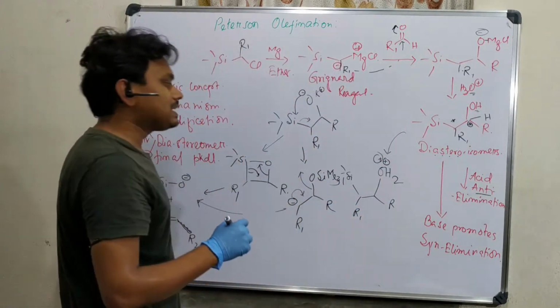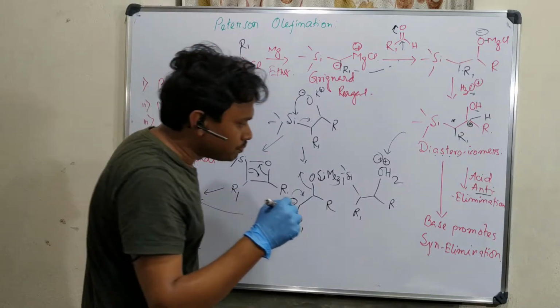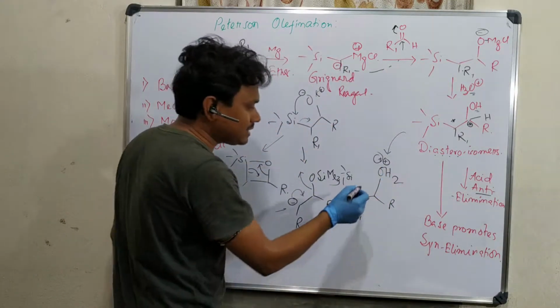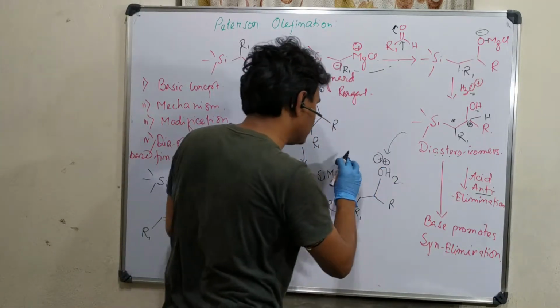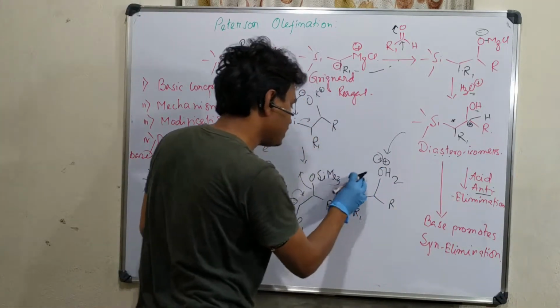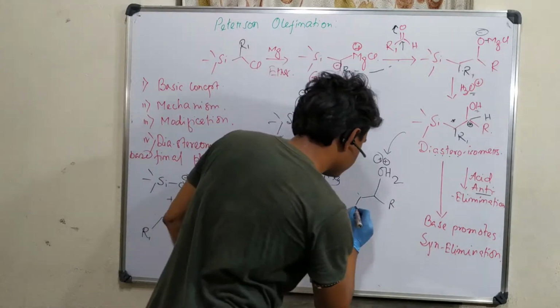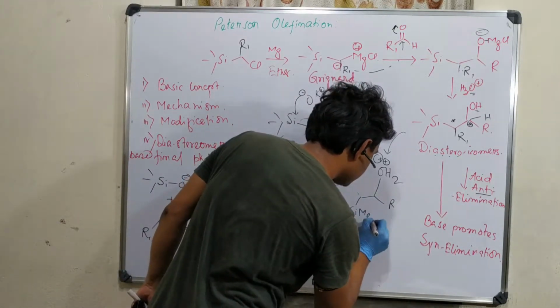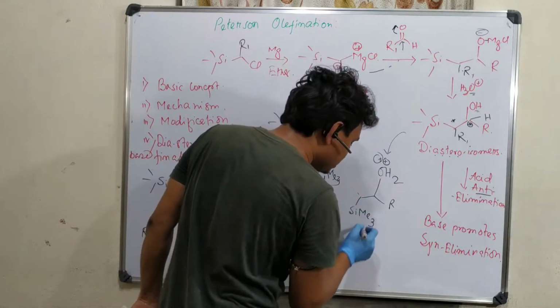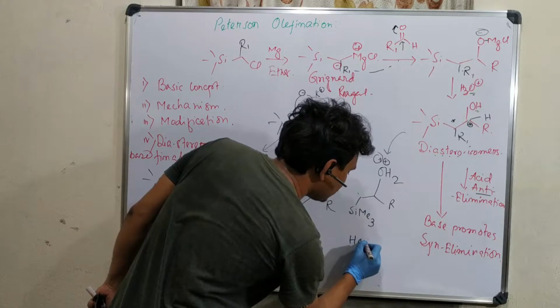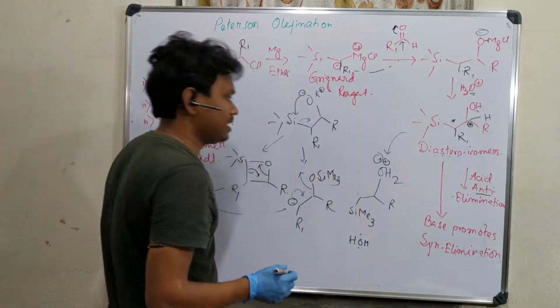This acid goes anti, meaning let's move this silicon to this side. Okay, so it goes anti, and in this way the water molecule, since acid means it's aqua acid, so protonated,